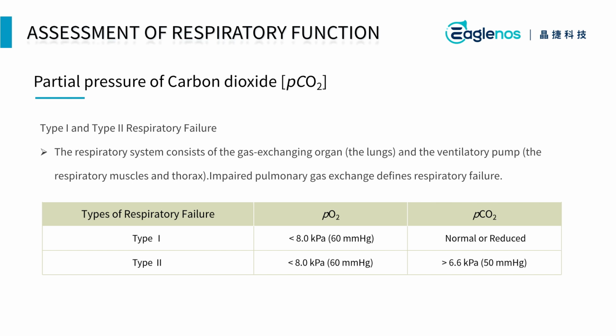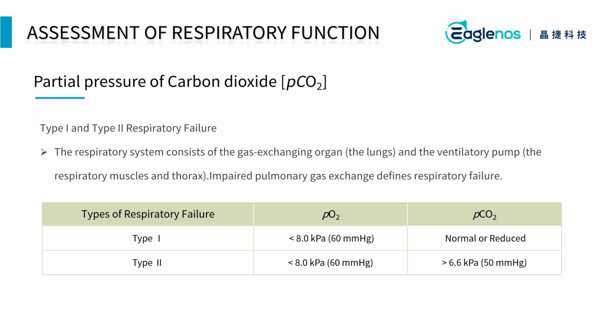still controlled. In type 2 respiratory failure, the problem is primarily impaired ventilation, which leads to the inability to remove carbon dioxide from the body effectively. As a result, partial pressure of carbon dioxide levels typically exceed 50 mmHg and can rise significantly, reflecting hypercapnia, excess carbon dioxide in the blood. This occurs when the body is unable to adequately ventilate and expel carbon dioxide, resulting in an accumulation of carbon